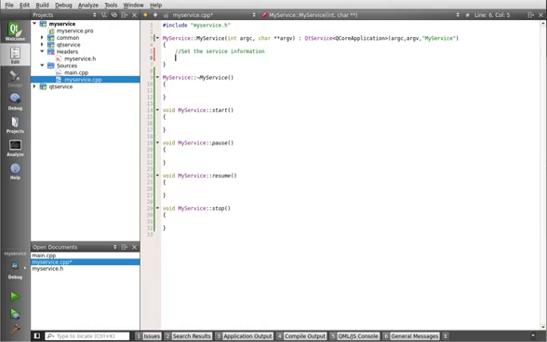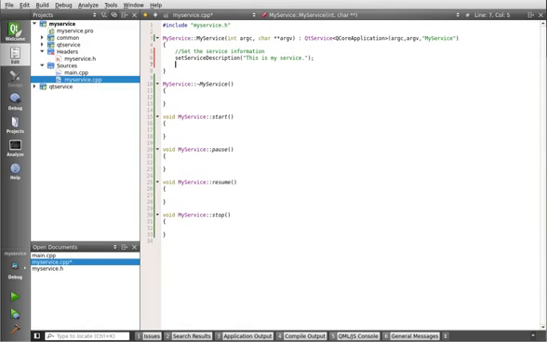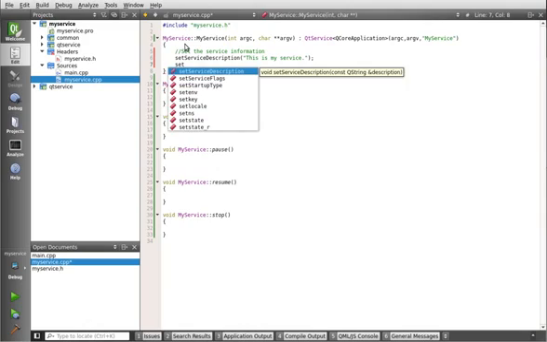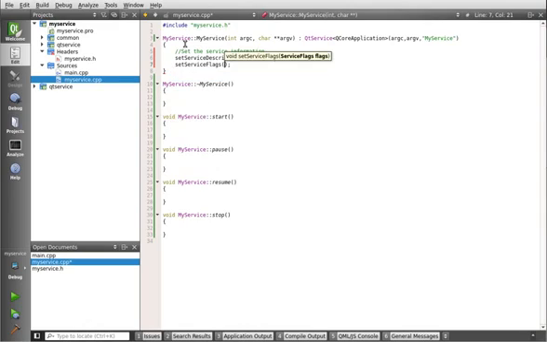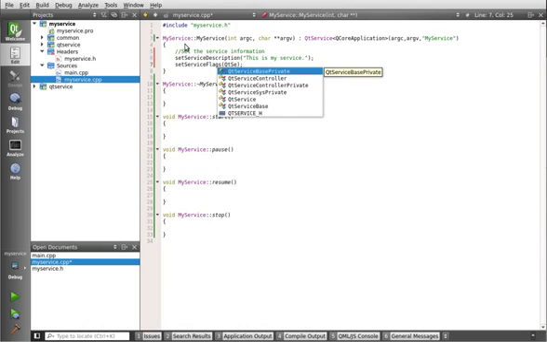We're going to set the service information. So we're going to say set service description. And this is the actual description of your service. This may or may not show up in the service controllers in different operating systems, depending on what operating system you're on. Set service flags. We're going to say Qt service base